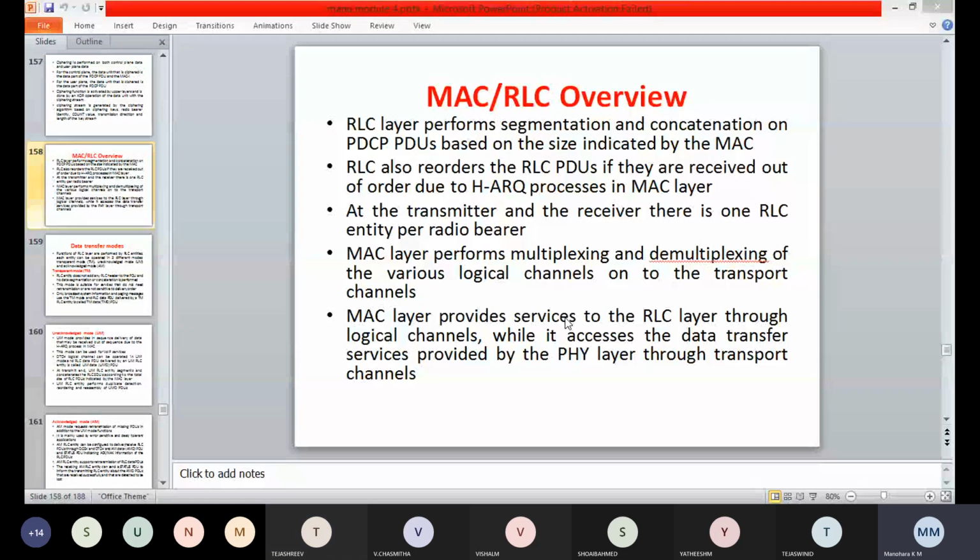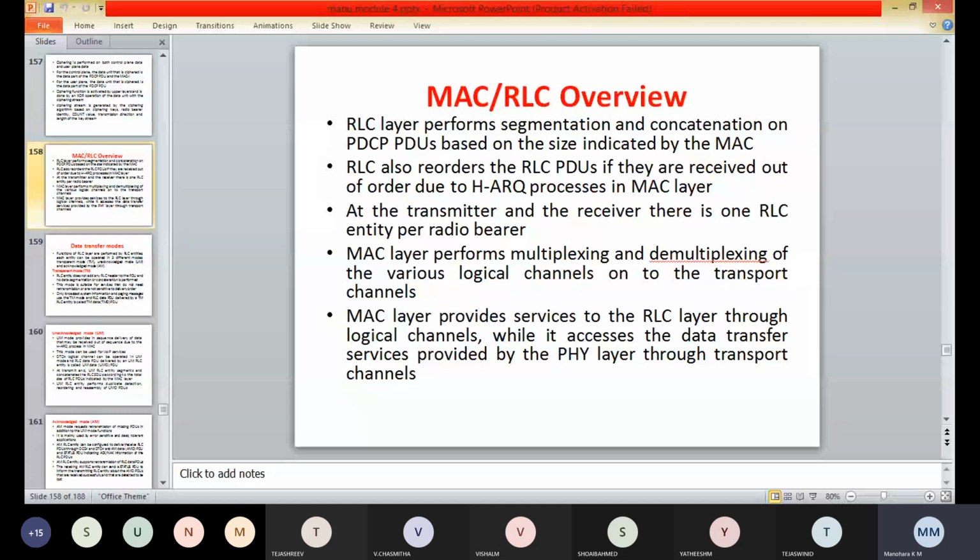So next, today we'll discuss the MAC and RLC overview. In the MAC and RLC overview, the RLC layer will perform segmentation or concatenation on the PDCP PDUs, based on the size indicated by the MAC layer.